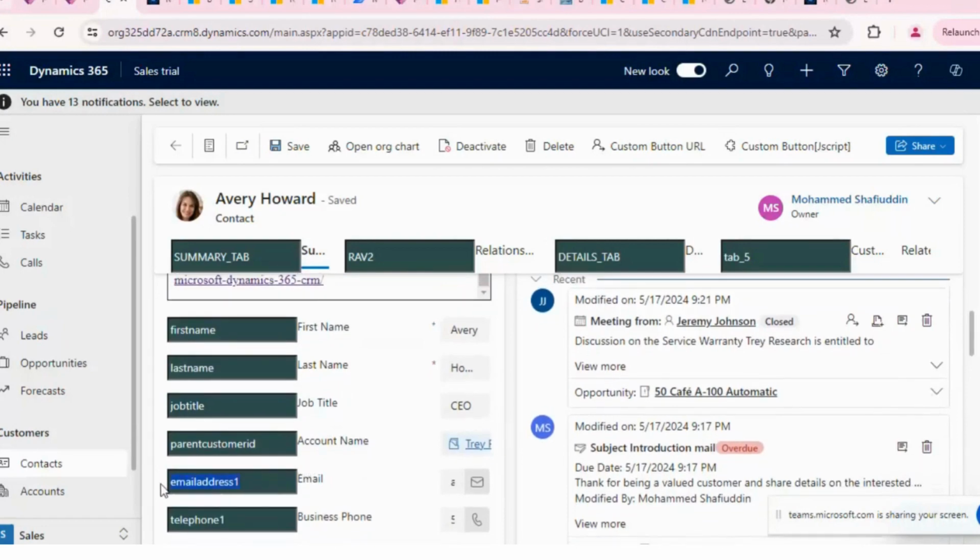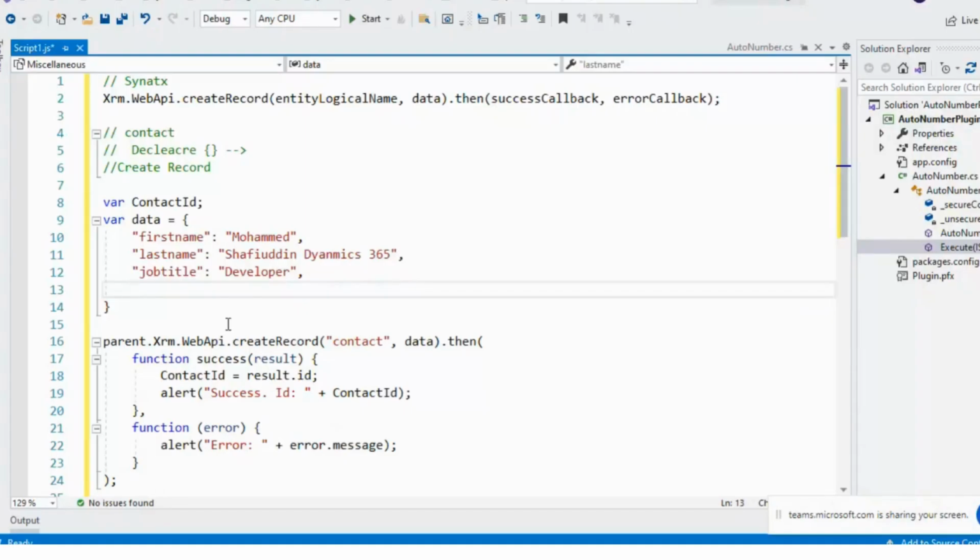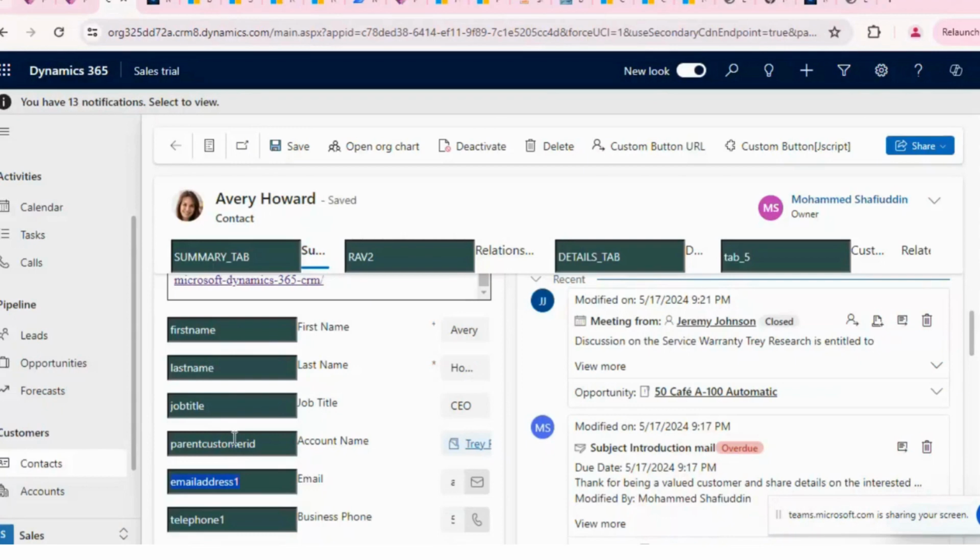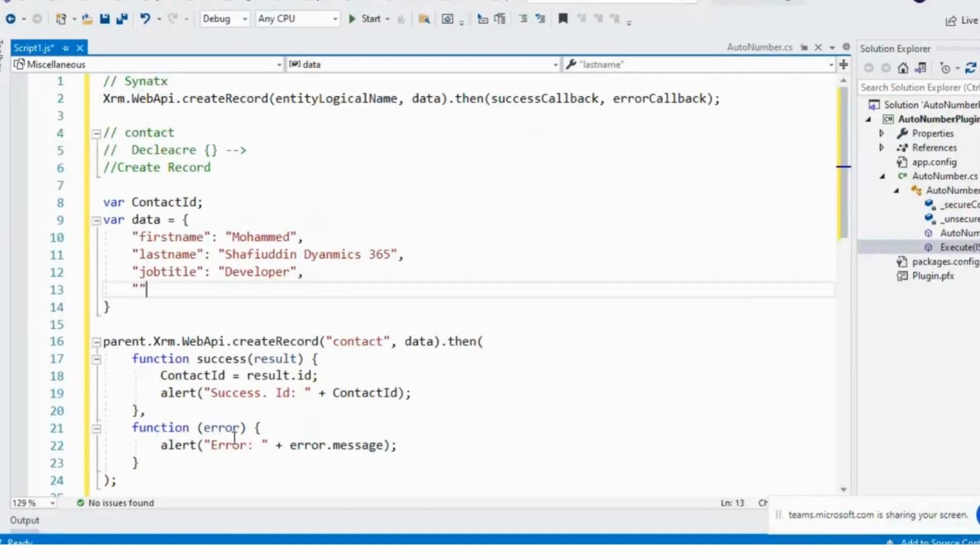For example, I need to give the email address. So I will take the email address, copy the logical name from here, and go to the Visual Studio Editor. Come here and pass it as email address. And again, what is the email address? So here I can give the email address as